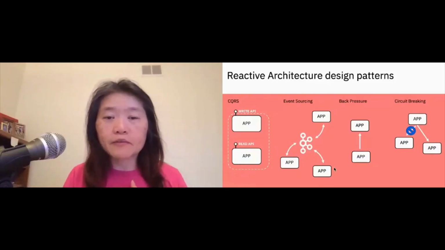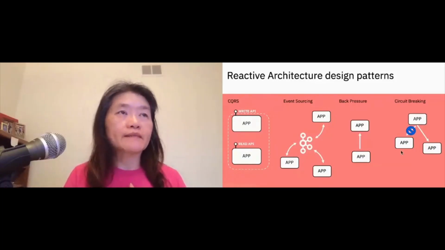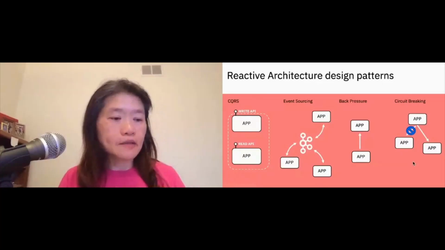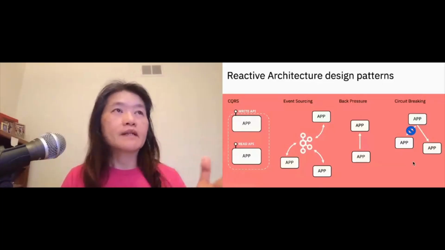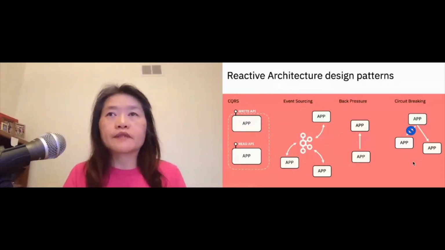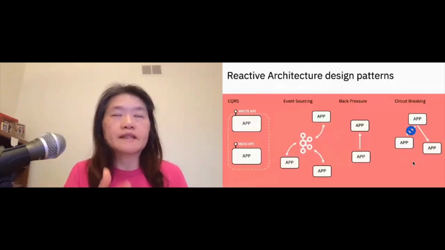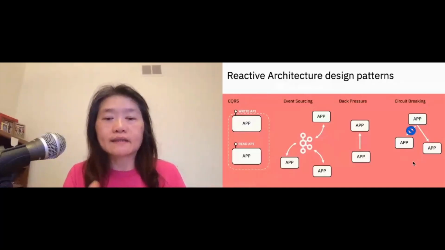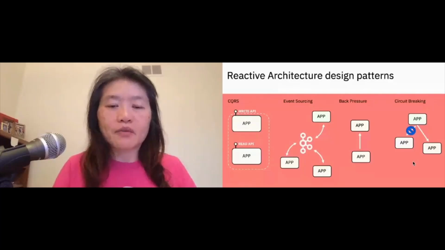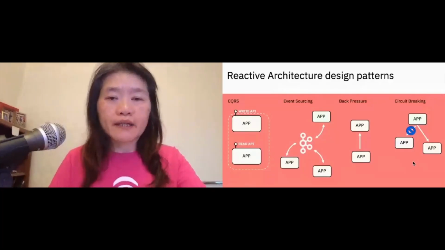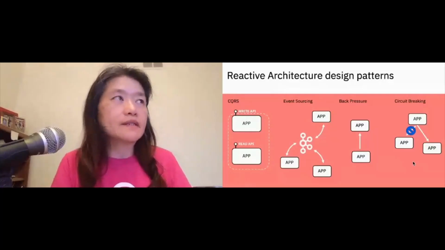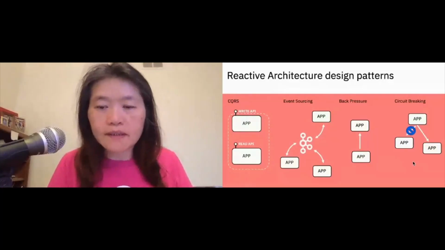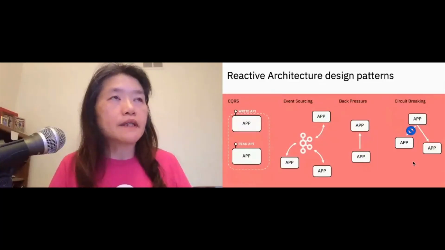Okay, so I talked about back pressure, and then there's also circuit breaking. Circuit breaking essentially deals with the recoverability and resiliency of a system. If any error occurs, it's much like a circuit board: if some signal has a problem, you break that so that the error doesn't propagate to the rest of the system. That's circuit breaking. Very often in reactive systems, you see these four patterns commonly used.